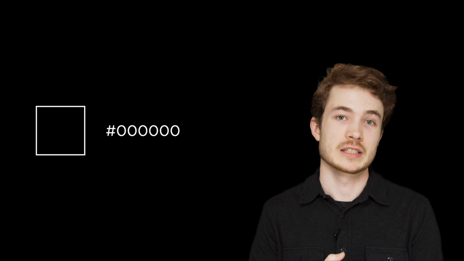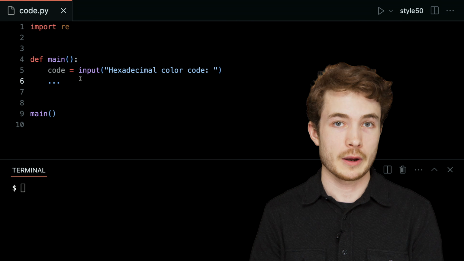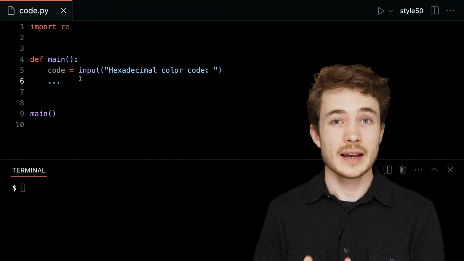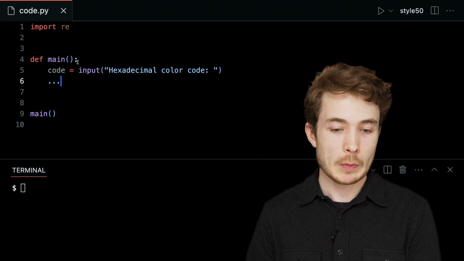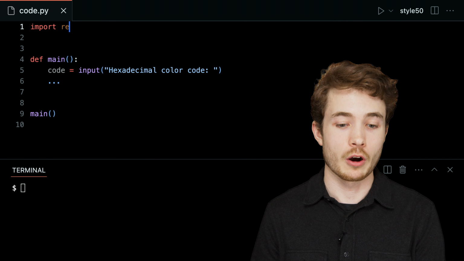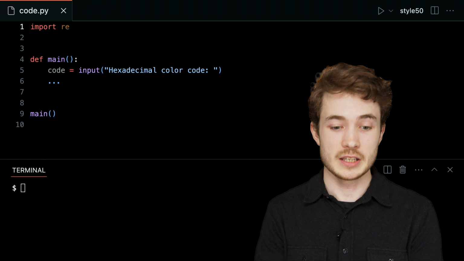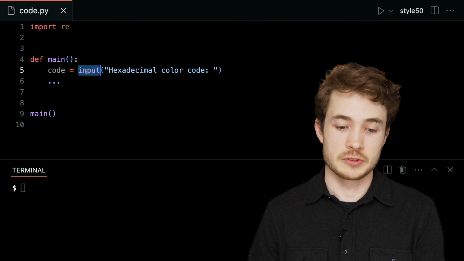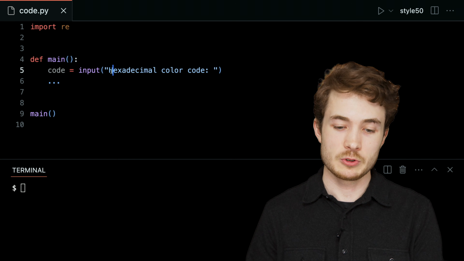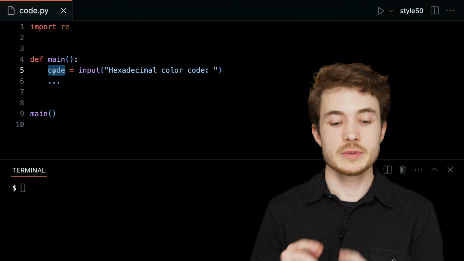So this was our brief intro to these hexadecimal color codes. Let's go and see how we can create a pattern to validate codes like these. So I have over here a program called code.py, and the goal again is to validate hexadecimal color codes I might enter into this program. So up top, I've imported this module called re, which stands for regular expressions. It allows me to use regular expressions in my code here. I then have a function called main, which asks the user for some input. It specifically asks them to enter a hexadecimal color code, and I store that result, what the user typed in,